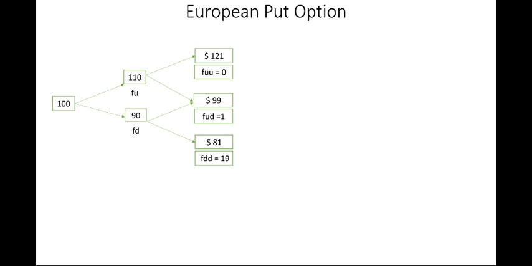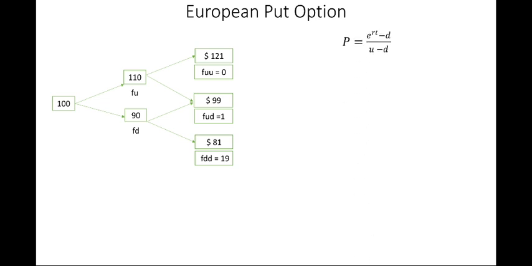again the same chart we have carried forward. The value of FUU, FUD and FDD is different from the call option because it is a put option, and put option is exercised only when K is greater than the spot market price on the date of maturity, and you can calculate the value of FU or FD using the formula maximum of K minus ST or 0.